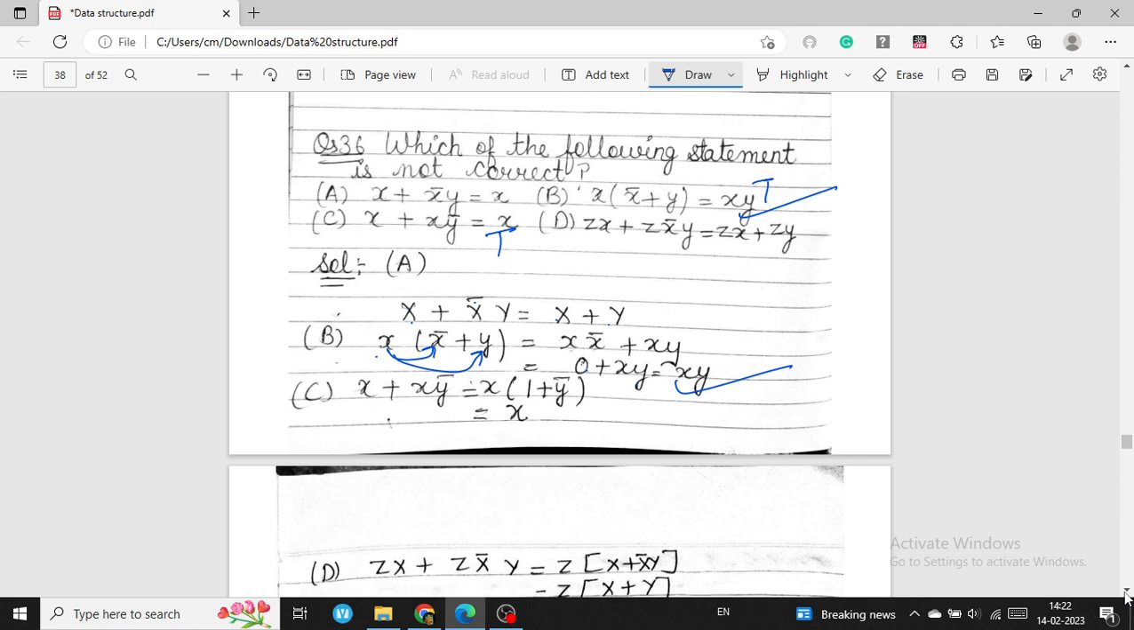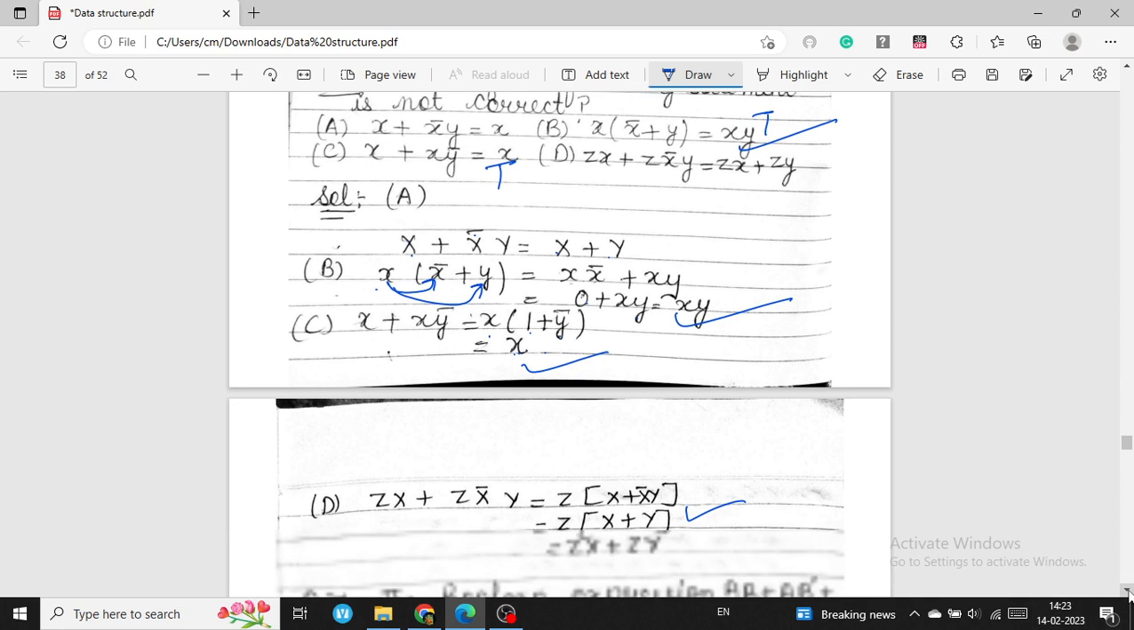because here we take a common x. 1 plus not y is equal to 1, so that's why x. When we take the common, then we get this value, and left side equals right side. You can see this is also proved, this is also true, this one is false, so that's why the answer is A. Now the next question is,